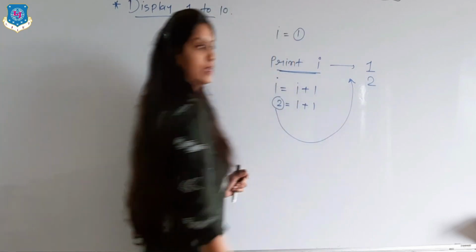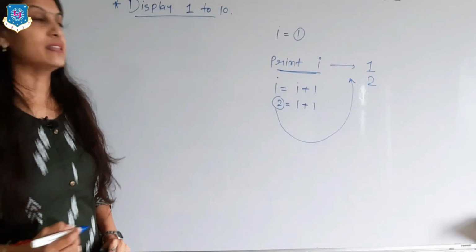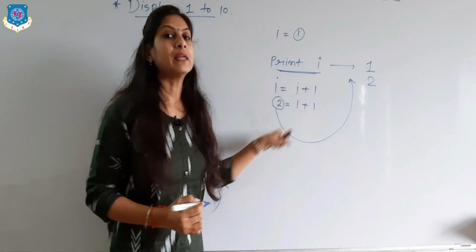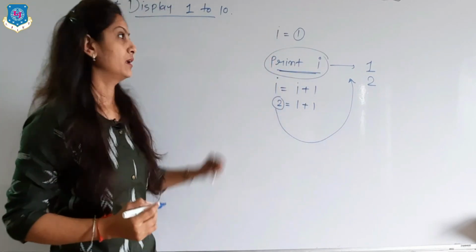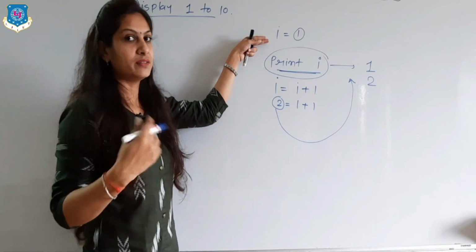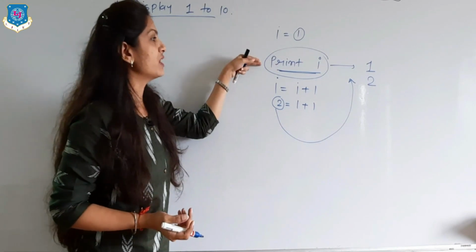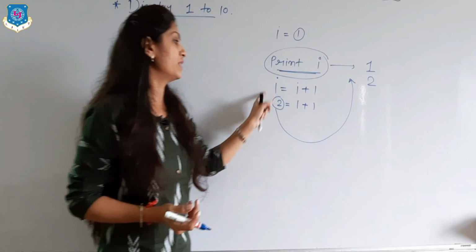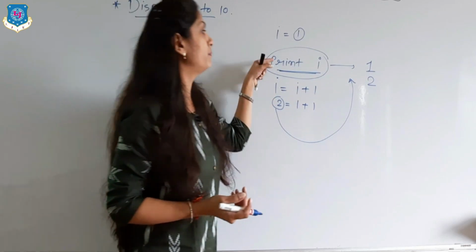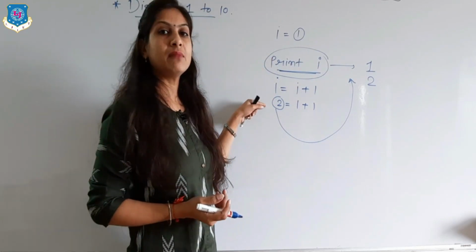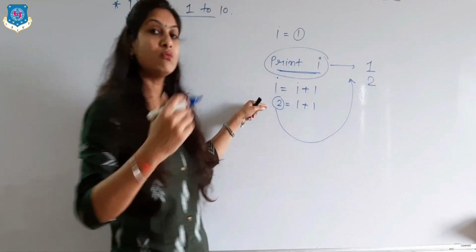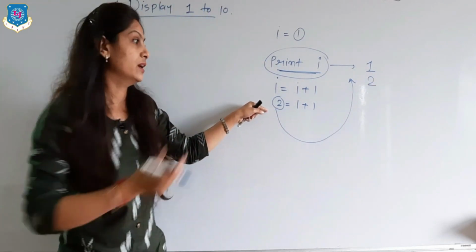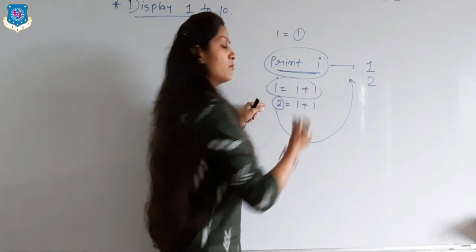So 2 is there. So here you can see that we are repeating the same statements. Which statements? I equals 1, that is our starting value. Then we have to print that value, then increment, then again print. Now again we have to increment because our answer is not 2, 2, 2, something like that. Now we have to add 1 again. That is again we have to repeat these statements.